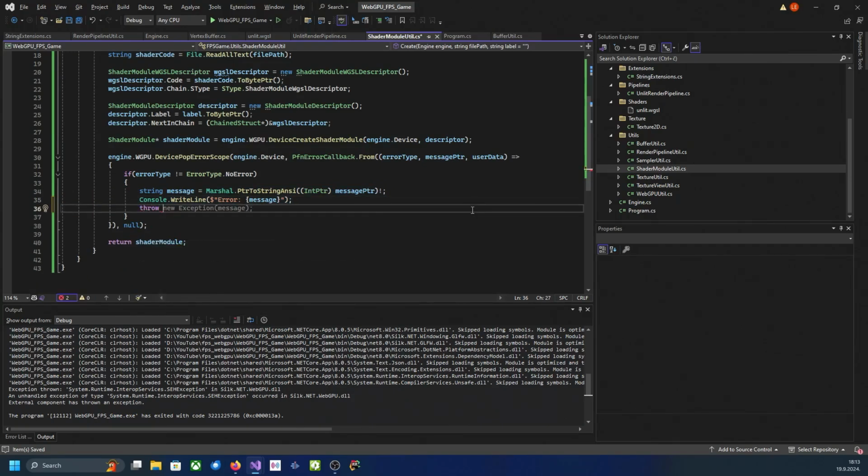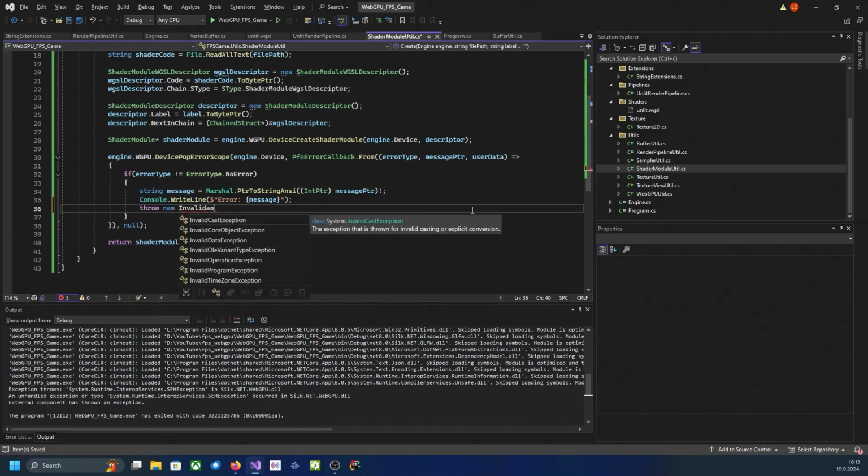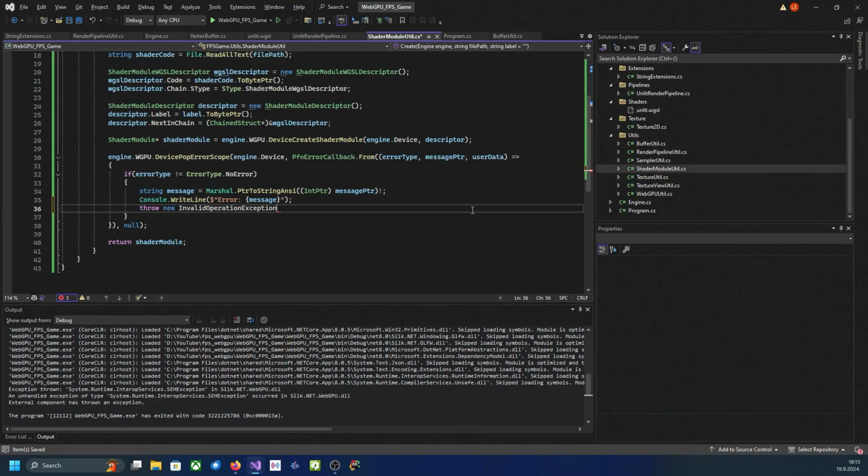So for example, this might be useful if you want to catch this validation, but let's say that in your engine, some user of your engine can create a custom shader module. So this might be a good way to handle it actually. So we can just throw here new invalid operation exception, and we can throw this message up. So if I try to run it now,